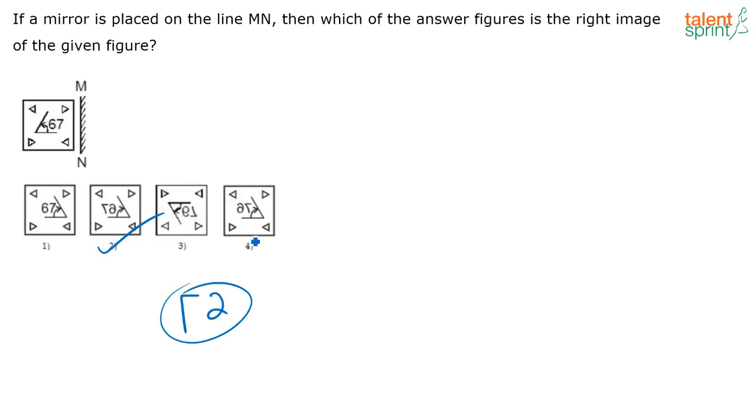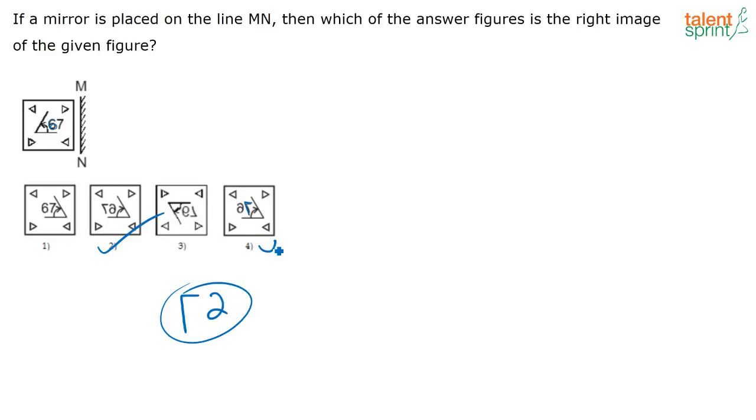See, some of you say it is option 4. How can it be? See, if you look here, near this angle, what is the number that is there? It is 6, correct? So if you look in the mirror also, near this angle, number 6 should come. How can 7 come there? Basically, you are taking and removing 6 and putting 7 there. No, that's not possible. That's not what you see in a mirror.